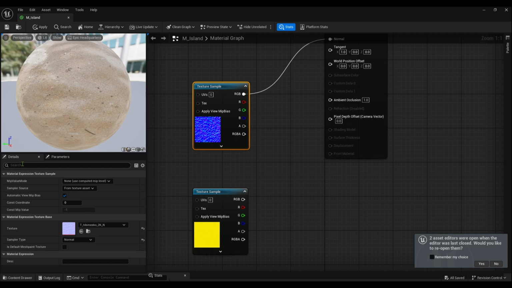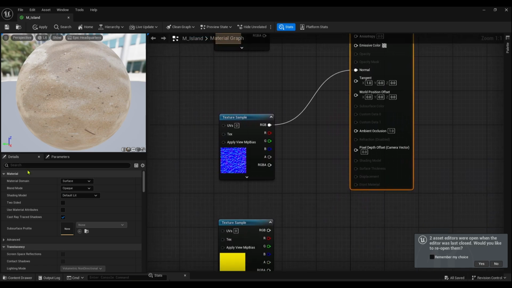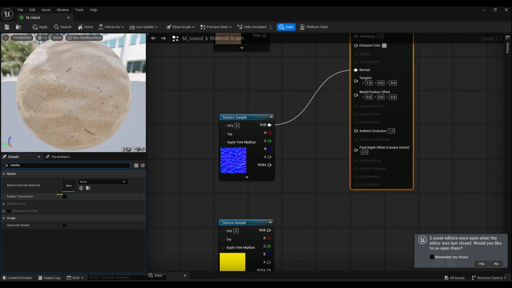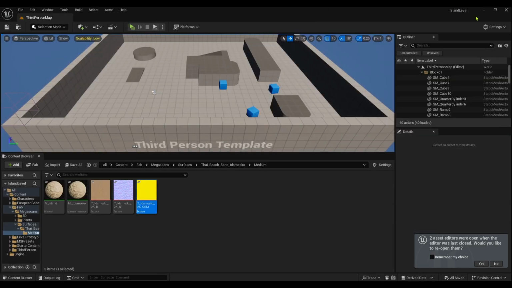So to enable that, now that we've set up Nanite, if you click on the material node, okay, which is the big one here, over in the search bar in the details section, type in Nanite, tick enable tessellation, and displacement will appear, but also tick use with Nanite. Plug the RGB into displacement, okay, make sure it's applied. So I always hit the save button and then the apply grays out. Okay. And then what we want to do